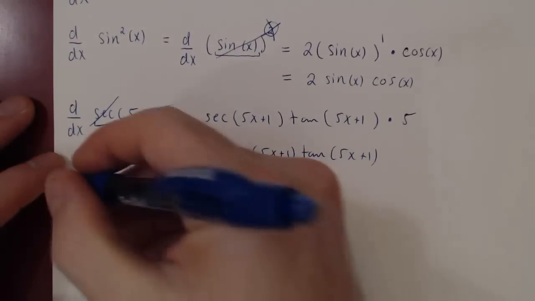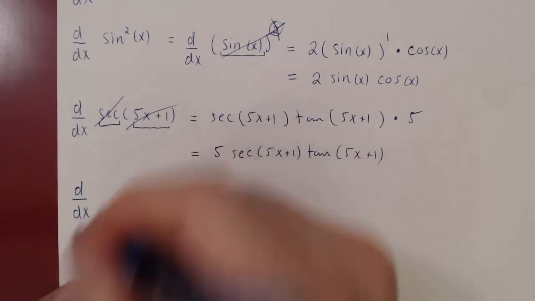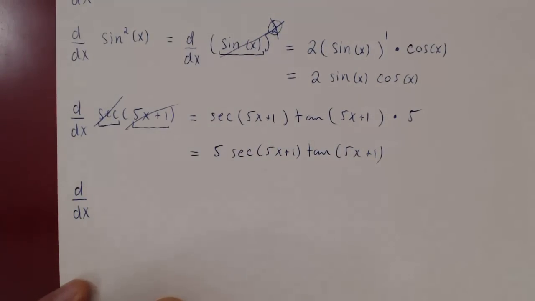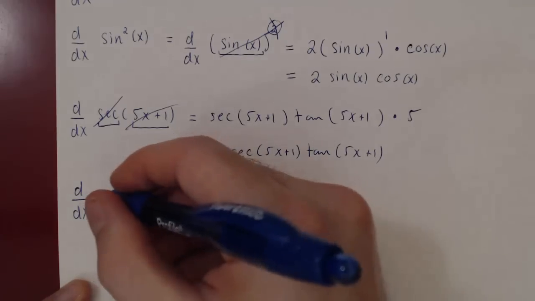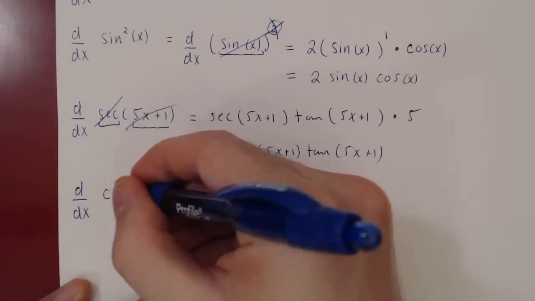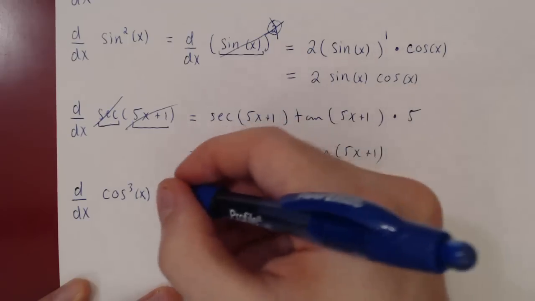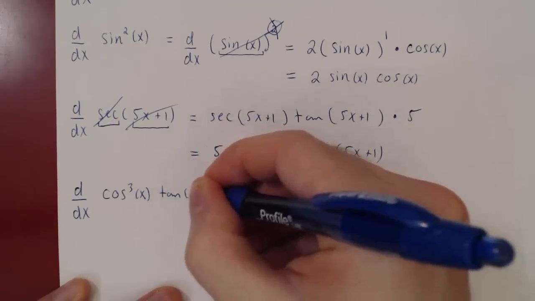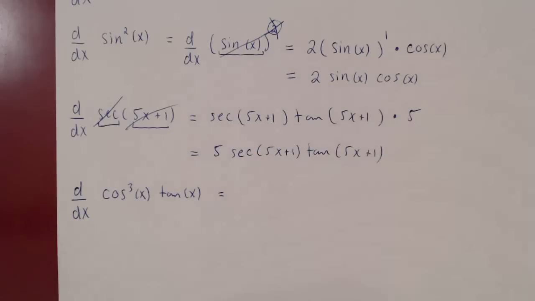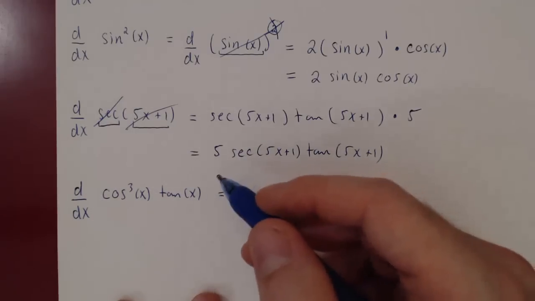So what if I asked you to find the derivative, say, of, let's go with, cosine cubed times tangent of x. Now here, if you think about it, well, you could use the product rule, but if you